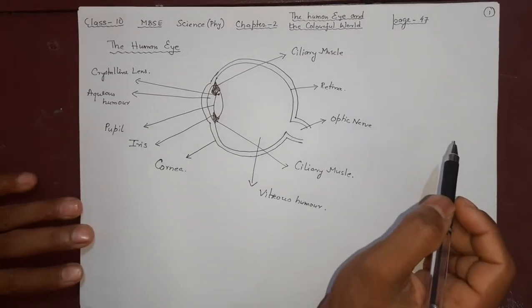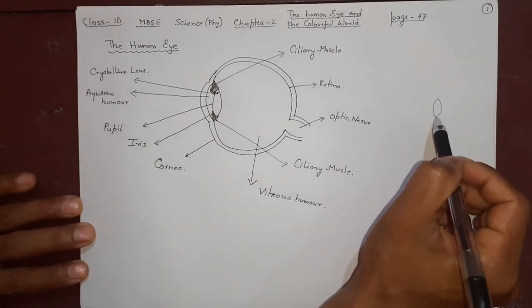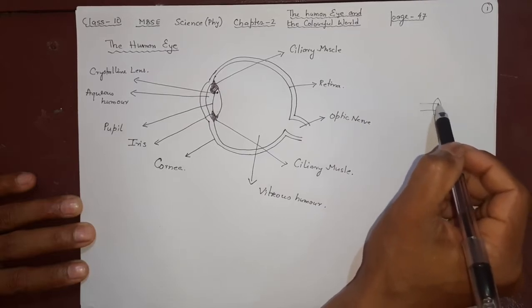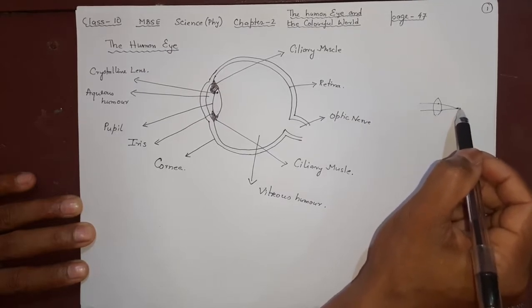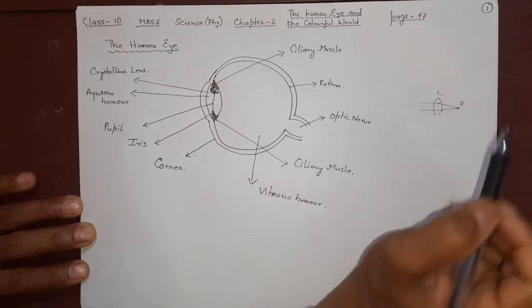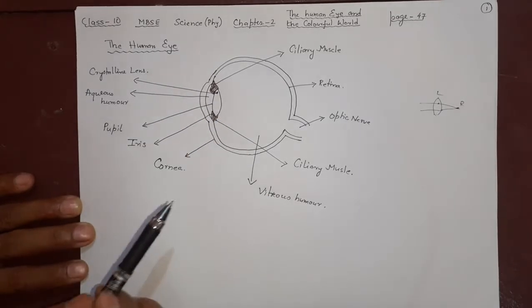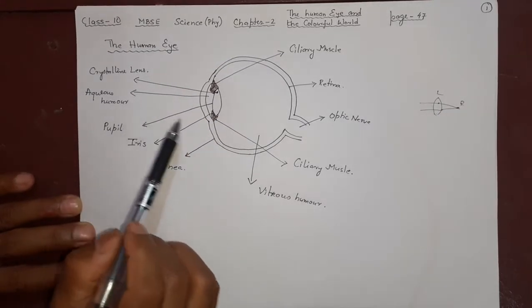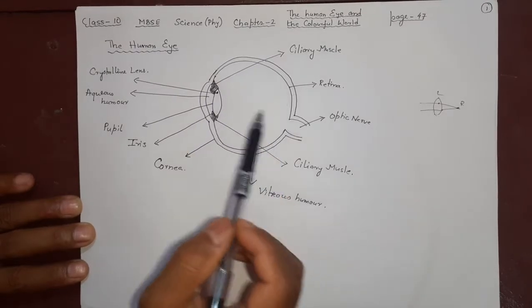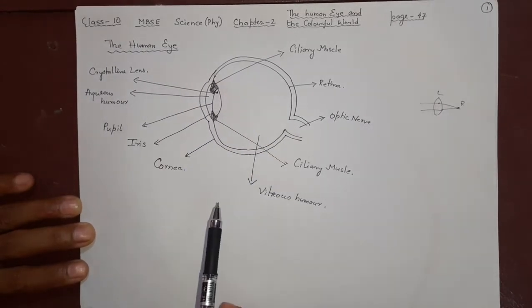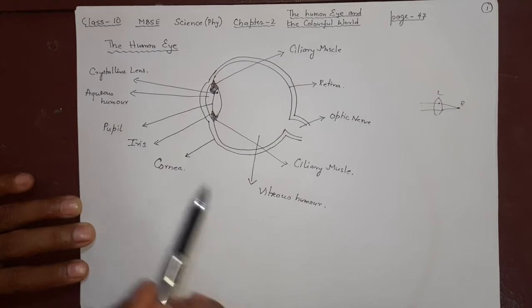If you remember what a convex lens does, suppose this is the lens, light will come and this will happen. Here is the retina. Okay, this is the lens. This is a simple picture. The whole actual picture is here. Now you see the outer side, this part, which will be your